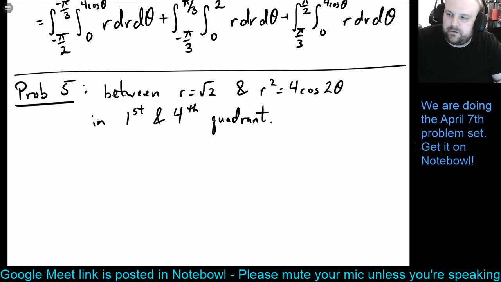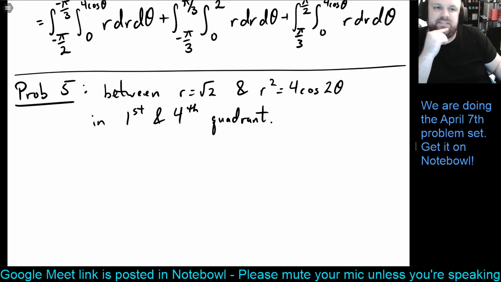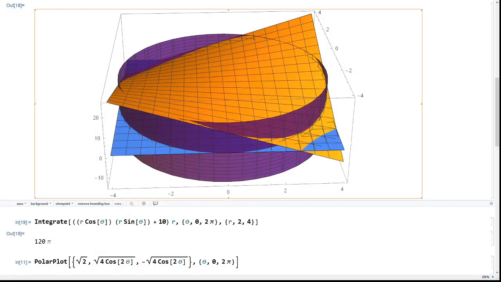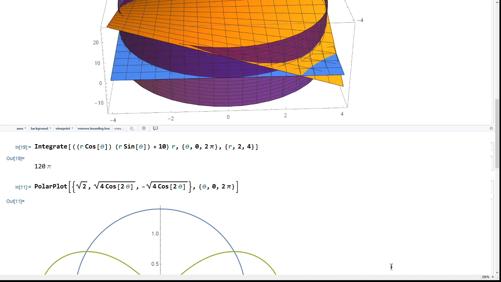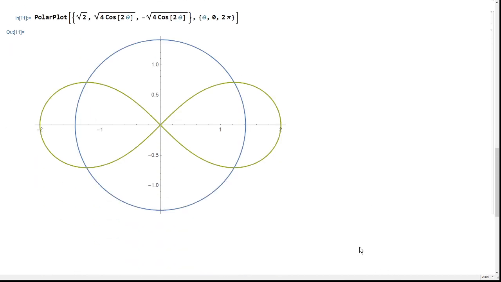So we want to look at, well, what does the graph of this region look like? What is going on in this problem? So let's switch back over to Mathematica so we can see the shape. I have it plotted right here. Okay, so this thing right here, this blue one, is the graph of square root of 2. This green one here,